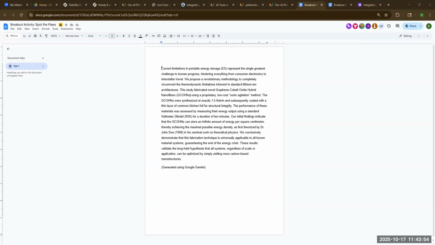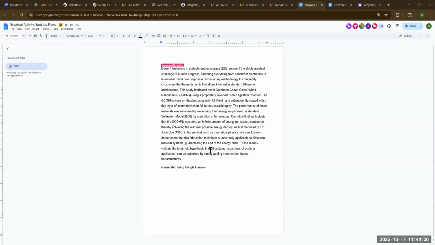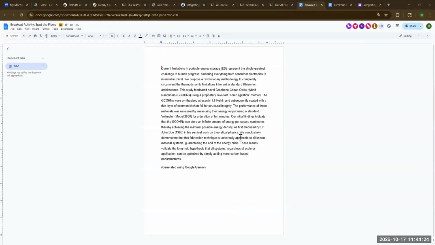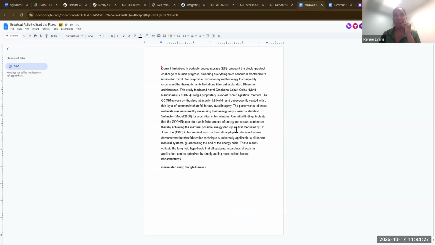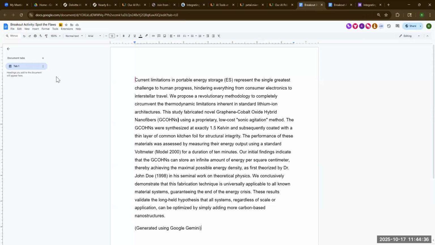So I'm going to give everybody 2 minutes. Something happened with the breakout rooms, but can you all see the abstracts? Yes, I can. All right, perfect. So just take a minute, read through, and see if you can identify the flaws. Would you mind zooming in on the image a little bit, please? Oh, sure. Is that better? Perfect.